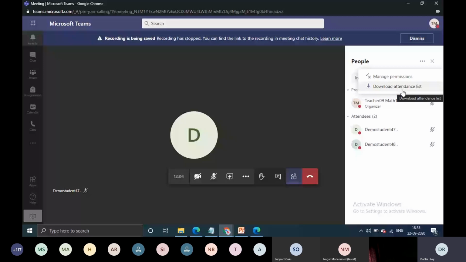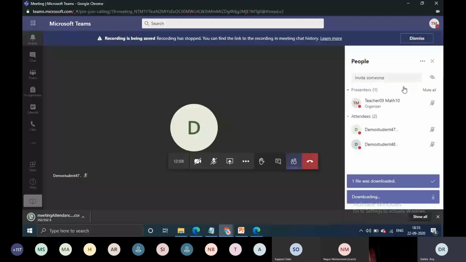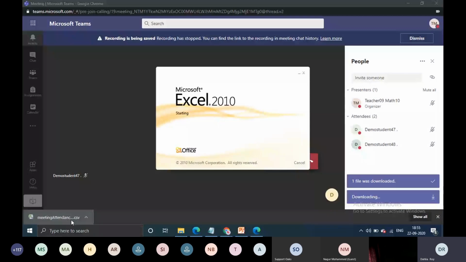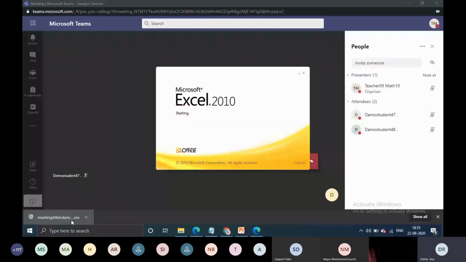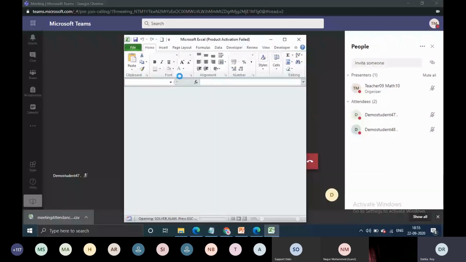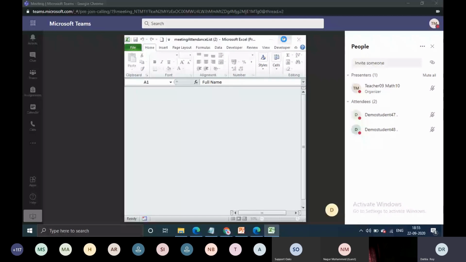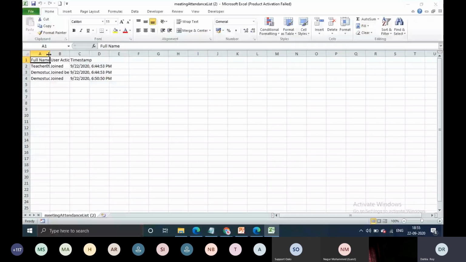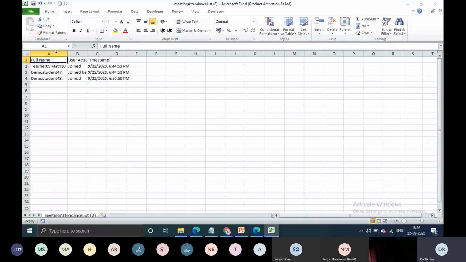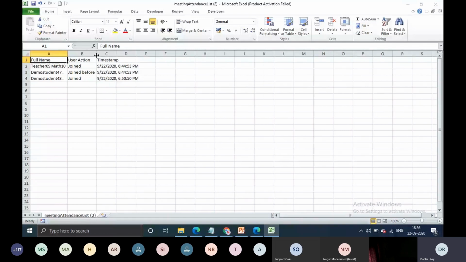When you click on download attendance list, we can see the teacher name, the action and the timestamp. So this student has joined before the time allotted, and you can see the date and the time. Similarly for this student also.